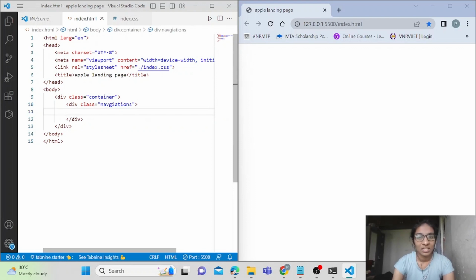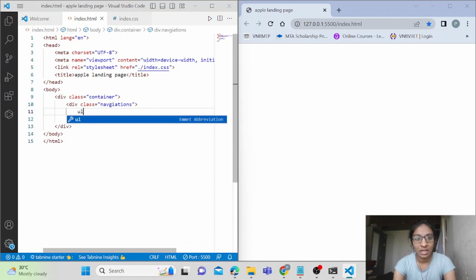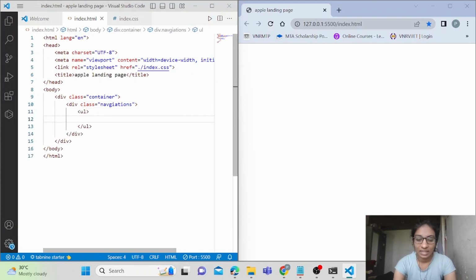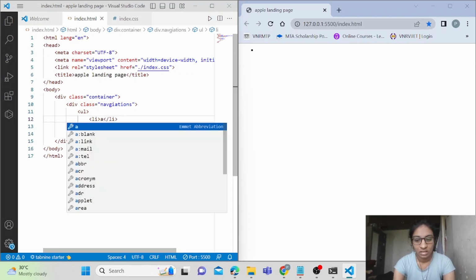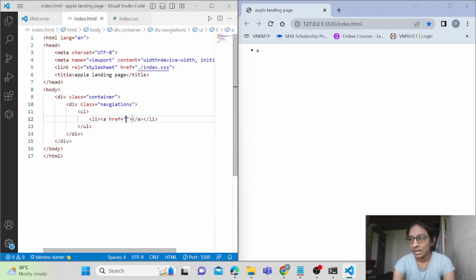So in the navigation bar, I am going to give the links like store, Mac, iPad, iPhone and all, which are there in the Apple landing page. So for that, I am creating an unordered list which contains ordered lists, and here I am adding a hyperlink, and in that